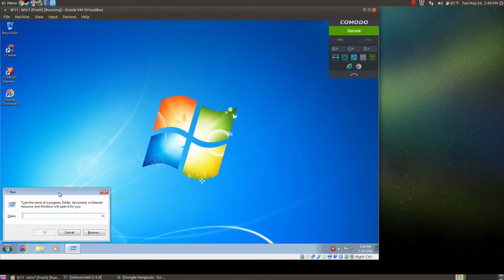You will see a small Run box. You need to type in it: IExplore. That's I as in Indiana, E as in Echo, X as in X-ray, P as in Peter, L as in London, O as in Oscar, R as in Romeo, E as in Echo. Now give a single space there and then type